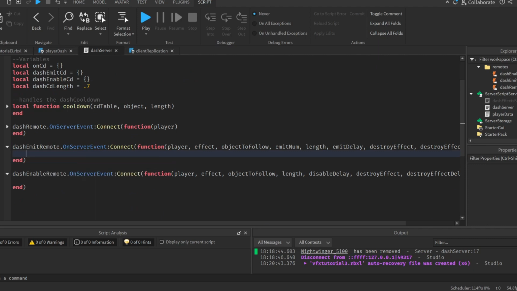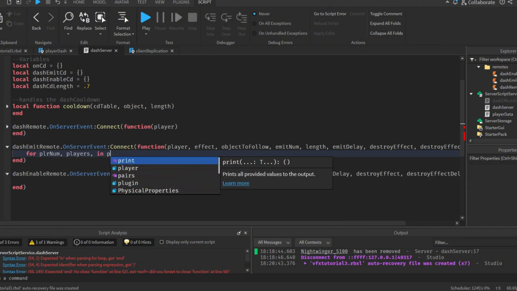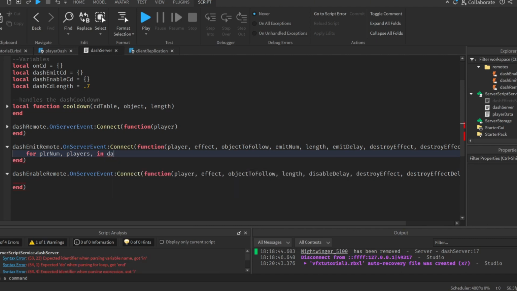So for player num in players, for player in dash, oh my god,